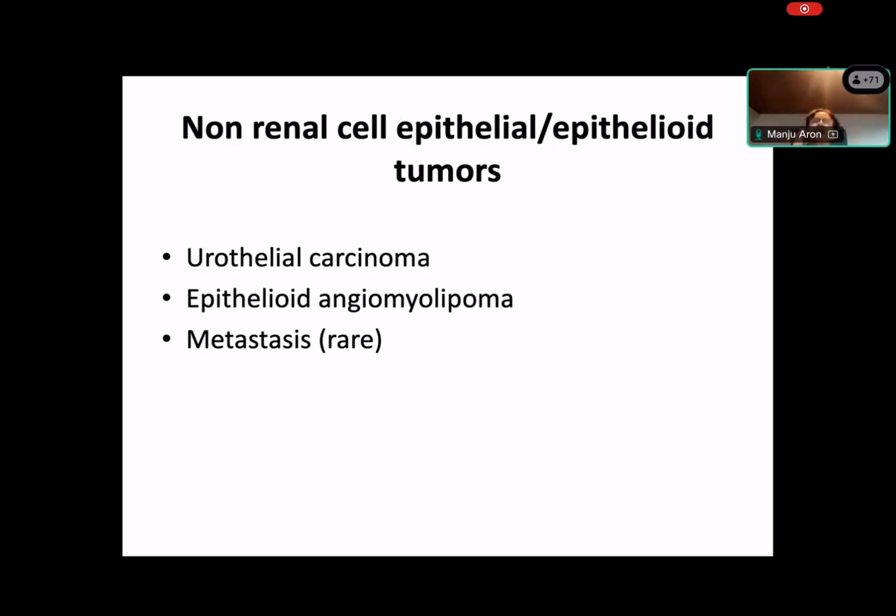When we talk about renal tumors which are epithelial or epithelioid in nature, arising in the kidney, these are some of the differential diagnoses that need to be entertained for renal cell carcinoma. This includes urothelial carcinoma, which of course arises from the urothelium of the renal pelvis or the calyces; epithelioid angiomyolipoma, which is not an epithelial tumor at all but can have epithelial-like cells, hence the term epithelioid; and then of course metastases. Metastases to the kidney are extremely rare. In a patient with a diagnosis of, let's say, lung cancer, the presence of a synchronous tumor in the kidney is way more common than actually finding metastatic tumor of the lung in the kidney. So extremely rare, but something that needs to be kept in mind.